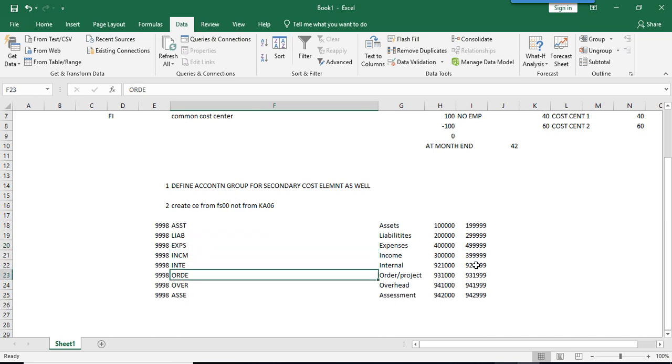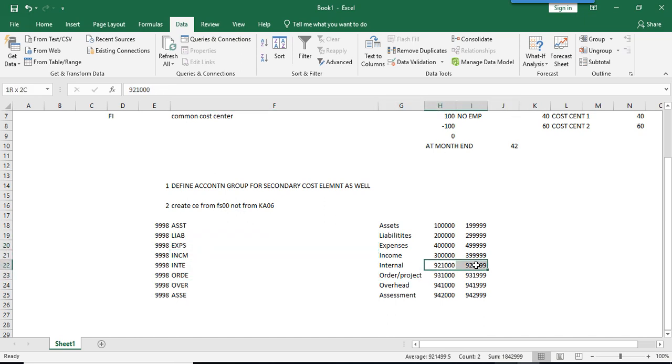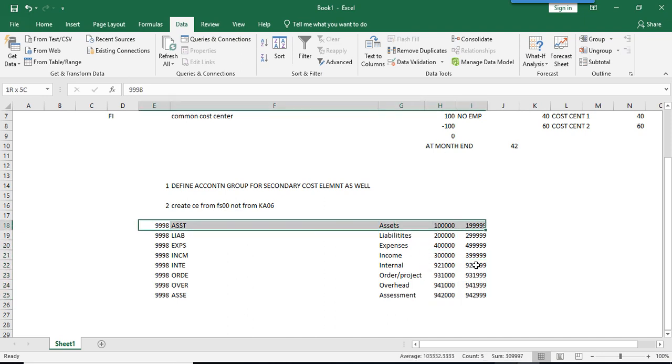See, here I am defining only 4 secondary cost element categories. If your requirement is to define all, then define based on your requirement. Copy this.